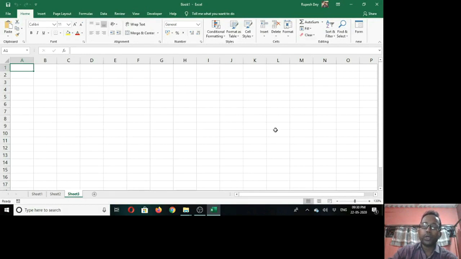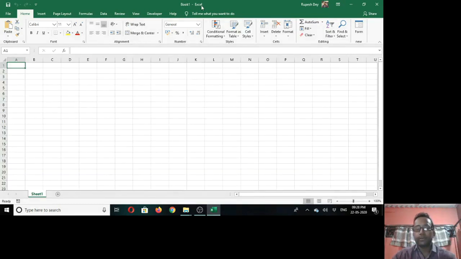At the top of this worksheet window, you will find a bar called the title bar. This bar is named the title bar because it contains two titles. One is the file name, that is Book1, the workbook name, and the next one is the application name, that is Excel. Whenever we create a workbook in Microsoft Excel, the first time it will take the default name Book1, then for the next workbook Book2, then Book3. This default name is given by the Microsoft Excel application. This workbook file will be created with one worksheet. It comes here as a tab, Sheet1.